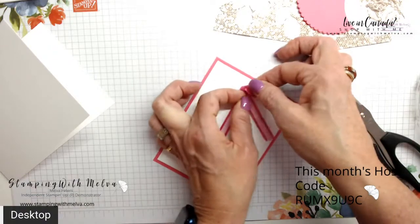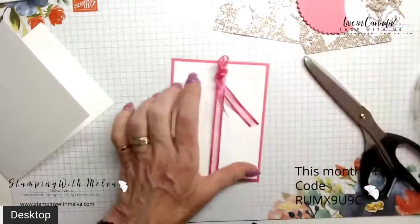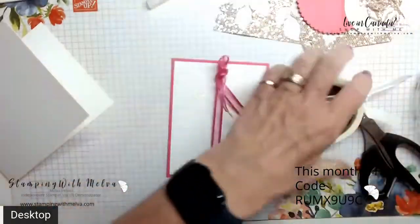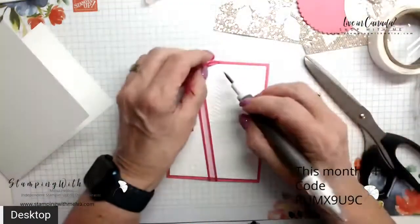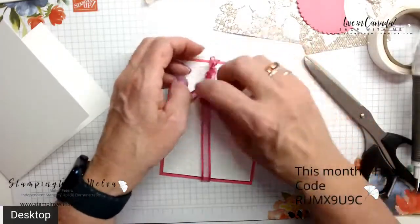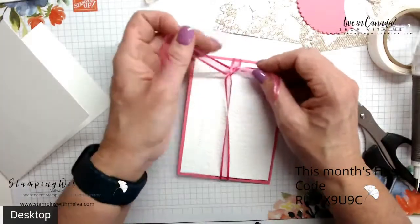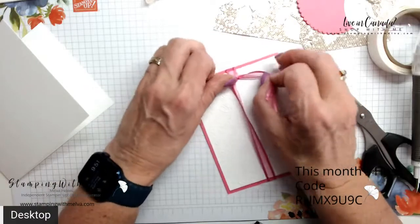I can't grab it. There we go. Oh, and I did it again. Okay, I have to resist the glue dot. It's all right. I should actually just accept that I need a glue dot to help me. So I'm just going to put a glue dot right underneath there. And once I get this, I'm just going to take it and tie that first knot, or the first tie,